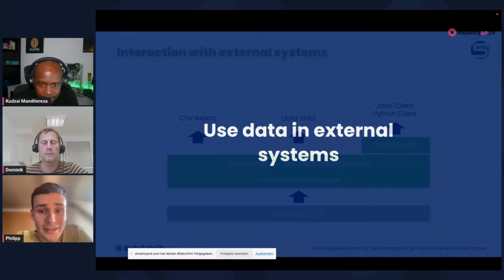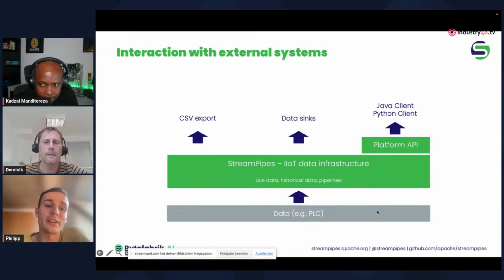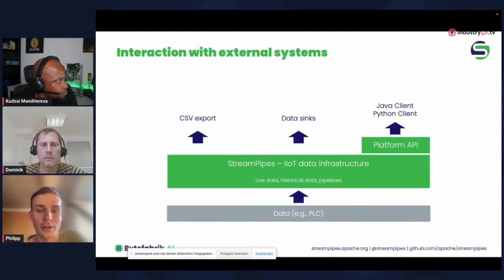So there are different ways to get the data out of the system. So on the bottom, we have our data sources again, and then the StreamPipes IoT data infrastructure. And then, as I showed before, you can export it over the graphical user interface. Then you can also use different data sinks to provide the data to other third-party systems. And you can also use a Java client or Python client to connect to the platform API and also work